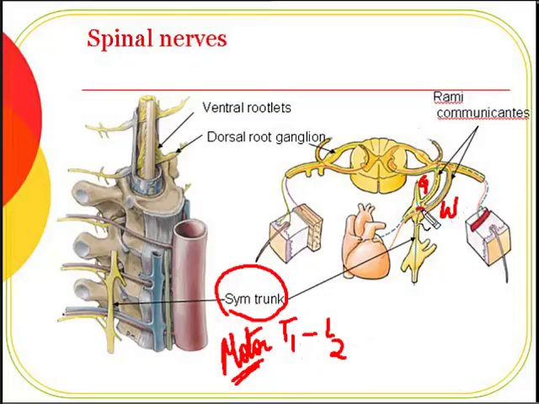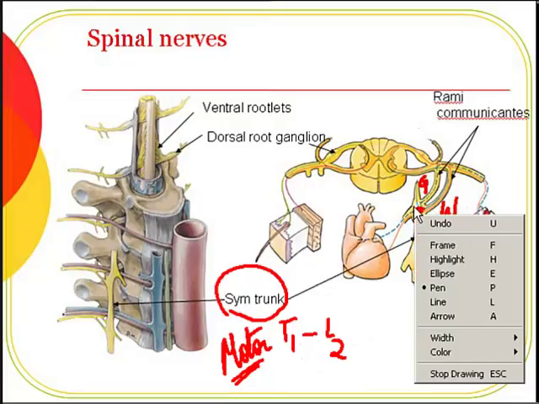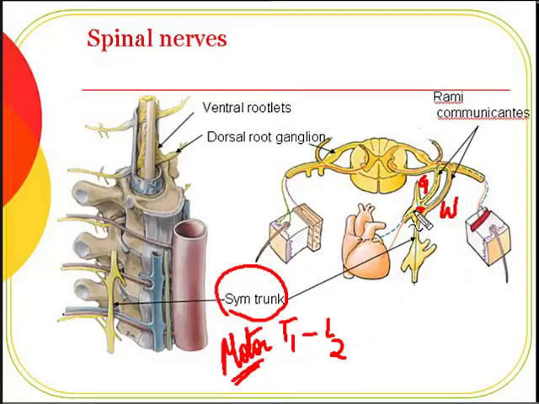A fresh postsynaptic neuron will start. It will pass into the gray ramus, and then from here it will go both into the dorsal ramus and into the ventral ramus to supply the blood vessels, the sweat glands and the erector pili muscle. Now, because its exit out of the spinal cord can only be between T1 to L2, you have